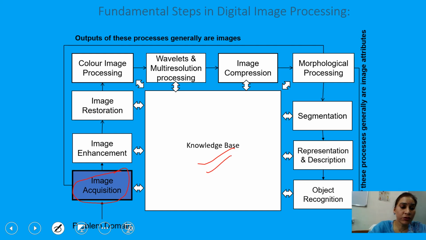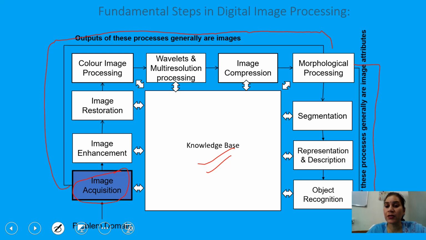And see one more thing: from image acquisition to morphology, see this line, the output of these processes is generally images. That means we give an image as input and get an image as output, and these are called low level processes. Fine. And from morphology to object recognition,